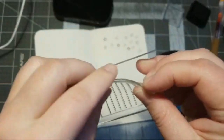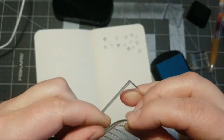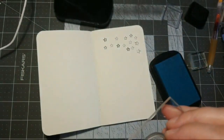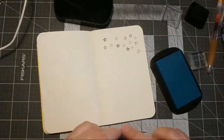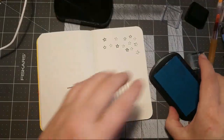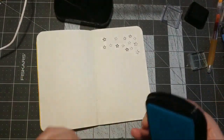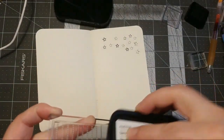So here, look, this is a problem with inexpensive cling stamps: when they cut them, there's all kinds of schmutz on the edge. You've got to clean that up, otherwise you get lumpy stamps. Not only are they stanky, but they could be lumpy. All right. Oh, God. I just peeled it off and I can smell it again. Let's see if I can drop it again. And this is part of the problem of the very narrow